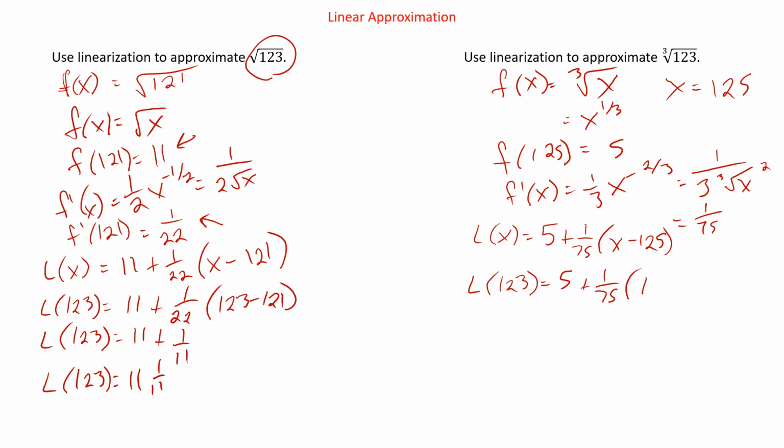1/75 times 123 minus 125. So in this case, when you subtract, it'll be negative because it's a little bit before that. So it'll be negative 2. So L of 123 will be 5 minus 2/75, which is going to be 4 and 73/75, which if we were getting a decimal for this one,